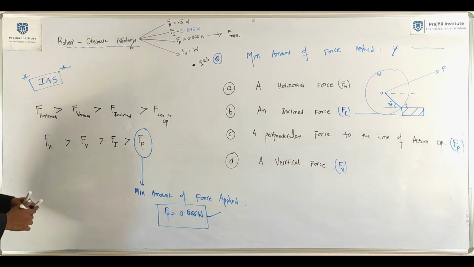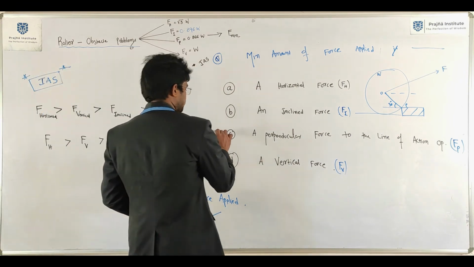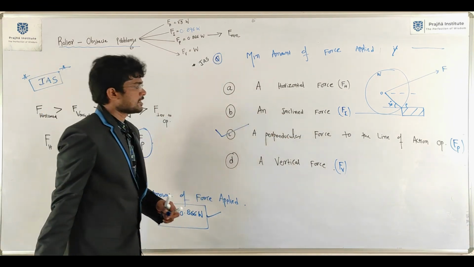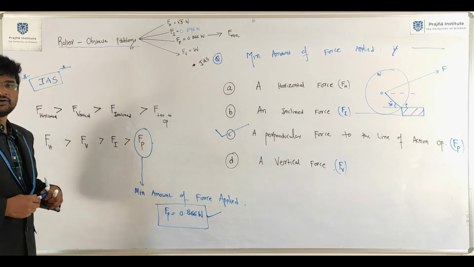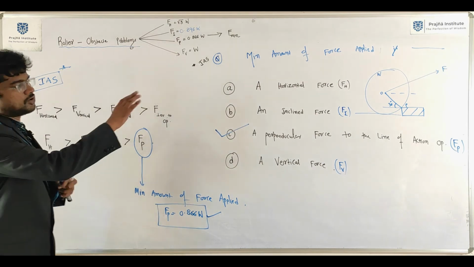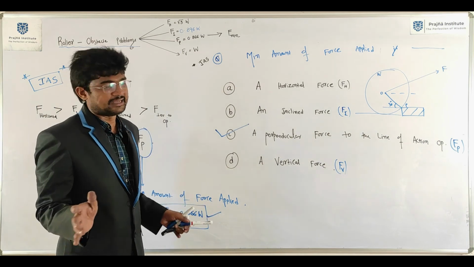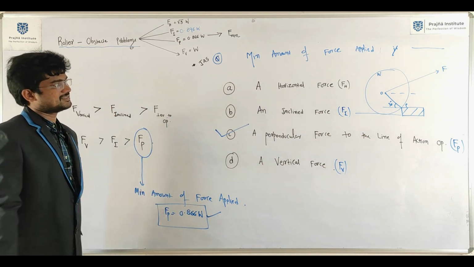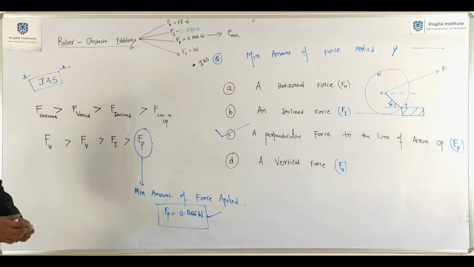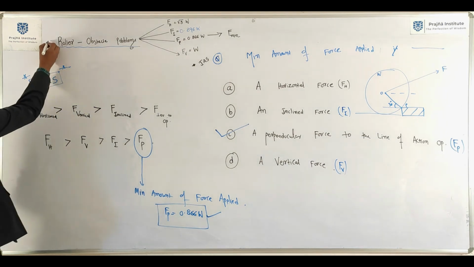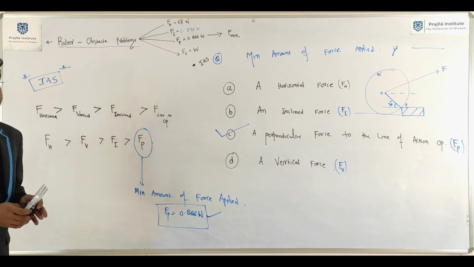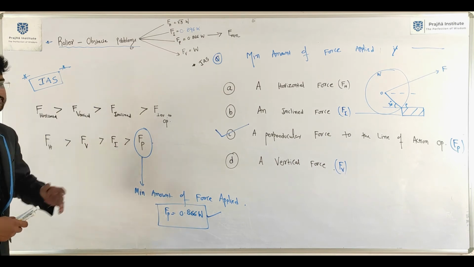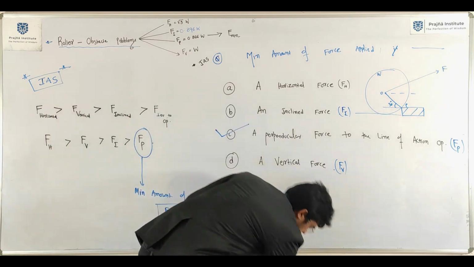Then finally the answer is this: A, perpendicular to the line of action OP. Okay. First we will discuss all 4 cases separately. Then this is the answer to this question. Correct now? Roller obstacle problems. Okay. It is very important for engineering students. Done. Next. Write down the next question.